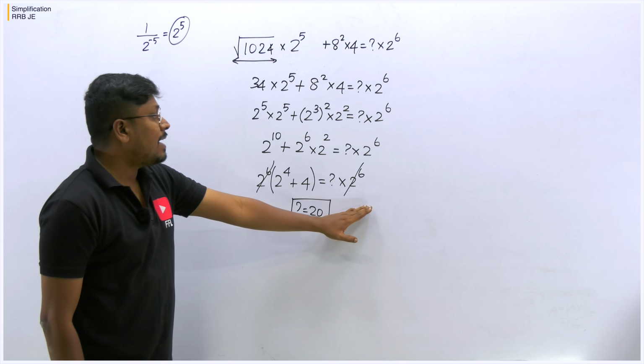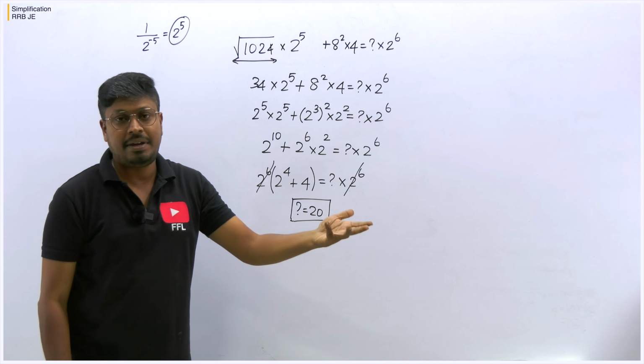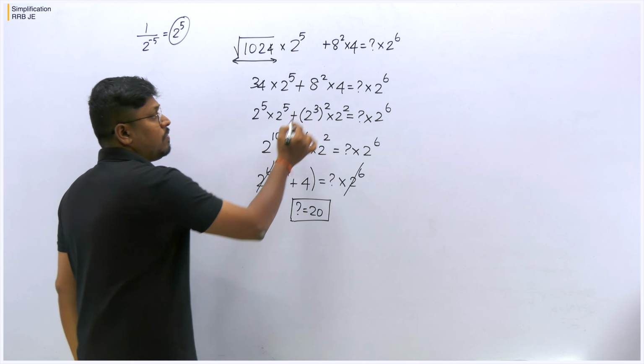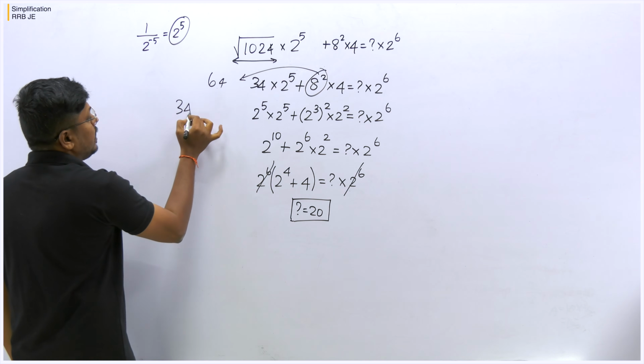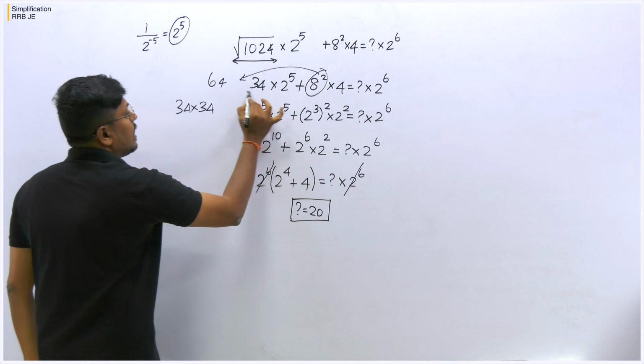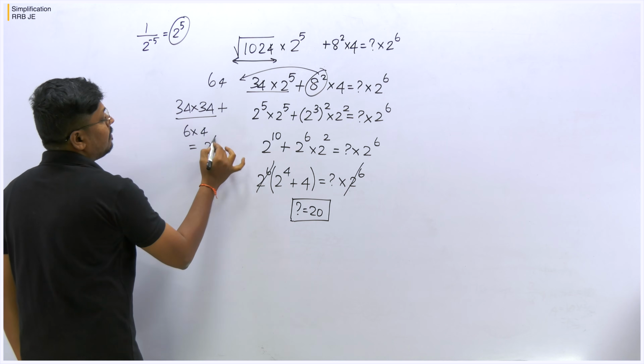Some students usually ask me whether I should solve the question in this way only, or whether they can solve it in a different way. Yes, you can solve it in a different way. If you wish, you can write this 8 square as 64, and 32 into 32. Yes, you can. You can write this 32 into 32 plus 64 into 4,